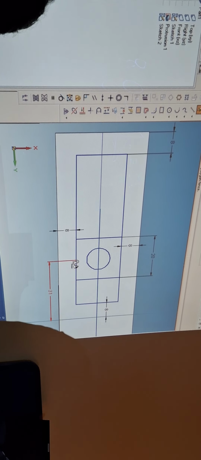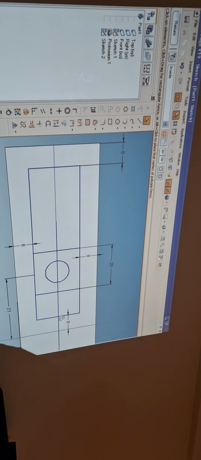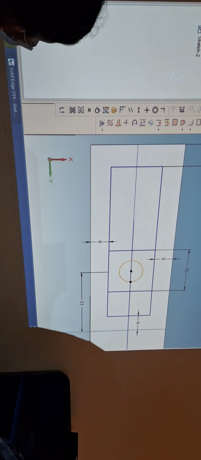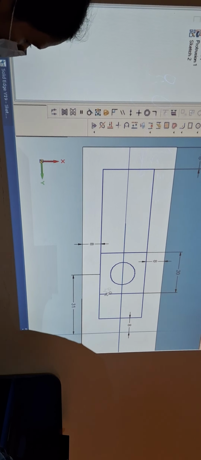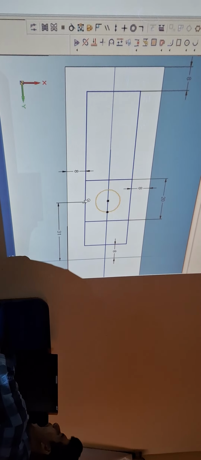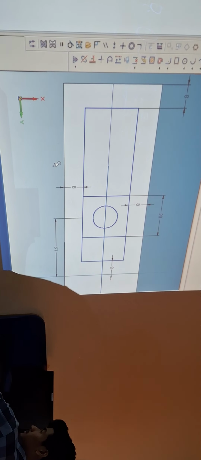11 mm. You have given 11? Yes. So this is the value, okay, you can take it. Select this and give 11. Not a problem, because by default I have set it for the center of this line. Then I have to draw one more from the right side, a rectangular pocket.